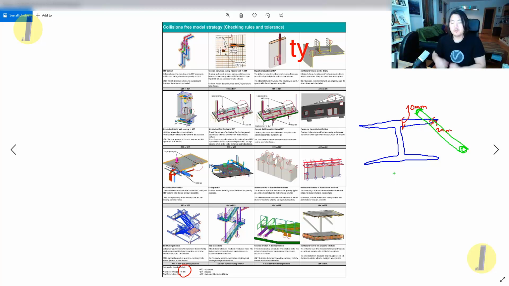Or if you don't define this clear tolerance setting, then you may encounter a big conflict with maybe the client side. They may have a project control company, like a project management company. Maybe they'll do their own collisions report,